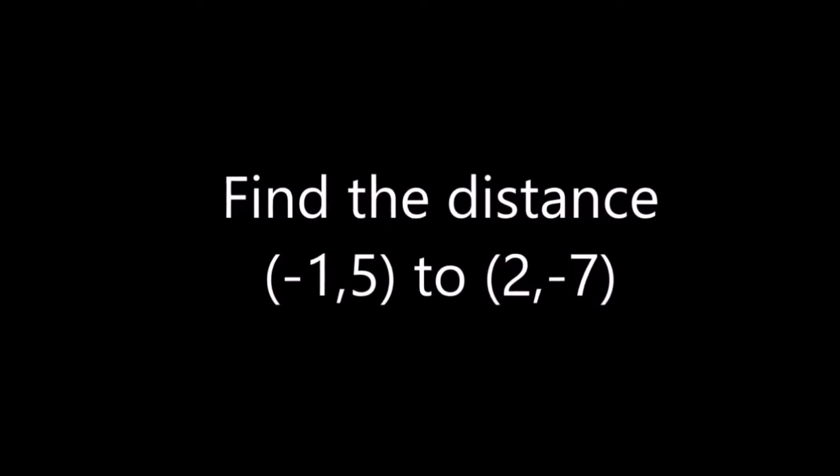Find the distance. -1, 5 to 2, -7. You use the distance formula. You plug in the numbers, and then you get the result of square root of 2 plus 1 squared plus